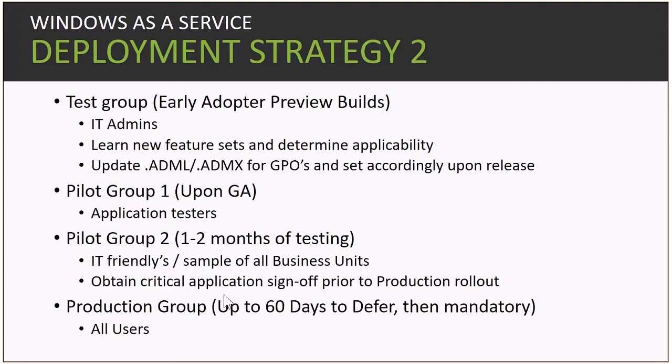And so in this approach, it's much more like our phones. If you think about your phones, when your phone has an update, you get a red bubble or a notification, and you simply update it at your convenience. Well, the same thing can happen in Windows 10, even if it's a corporate managed device. And so as we go down the path of having users that are used to self-service, this is something that you can provide, whether it's through Intune or SCCM or even some of the group policy pieces.